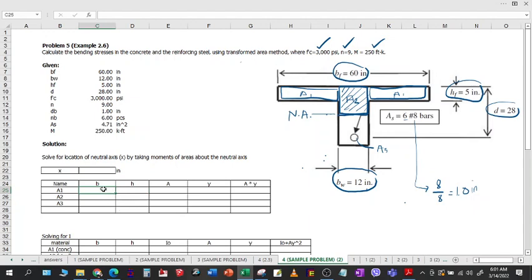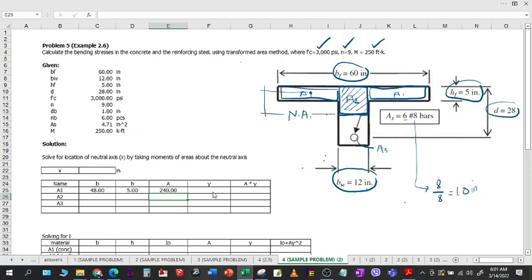For the b of area 1, that will be 60 minus this dimension here, which is 12 inches. So 60 minus 12. And for the h, or the height, this is simply equal to the height of the flange, which is 5. Then for the area, multiply the 2. And for the y distance from the centroid of this individual area